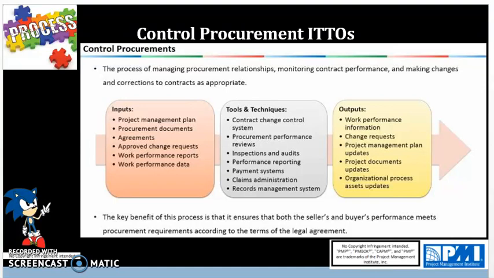Also, we have work performance reports, which is coming from Monitor and Control Project work process that takes into account the work performance information from this process and other controlling processes to present project progress, as well as any impediments or positive feedback to the sponsor and other stakeholders. And as always, we also will have work performance data as an input, which you're going to gather all appropriate raw observations and analyze them in context to give work performance information from this process as an output in regards to contract